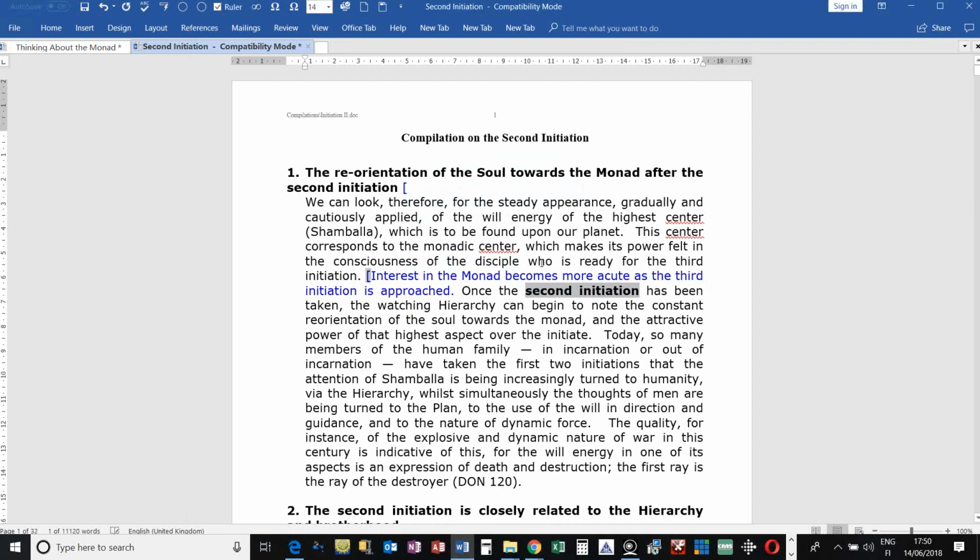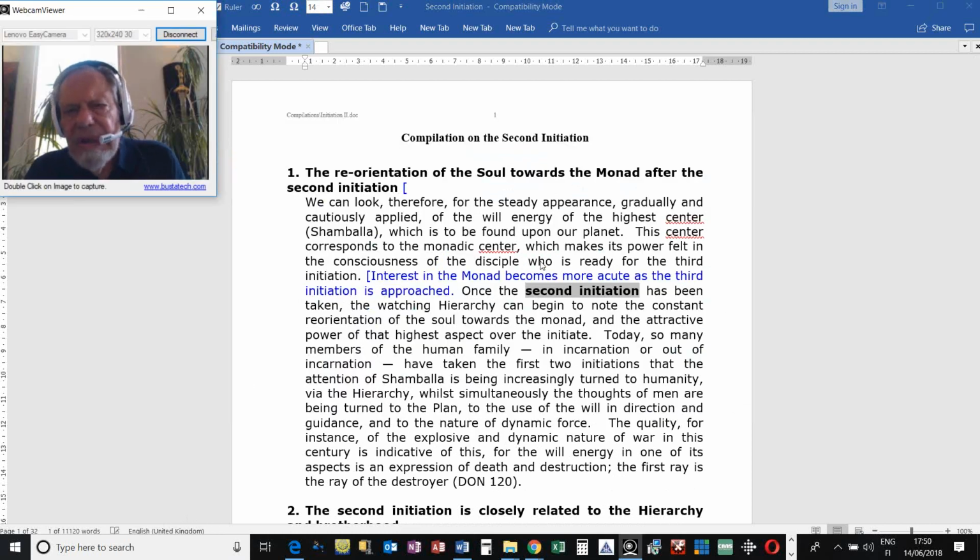So the power of Shambhala is cautiously applied, so cautiously that even the entire hierarchy must meet as a whole in order to receive and process the Shambhala energy. So strong it is, and we're told that it is, in a way, the power which touches and then withdraws. It's associated with the first ray energy, and that touch is exquisitely calibrated to the form which it is touching, lest there be devastation. Once the second initiation has been taken,